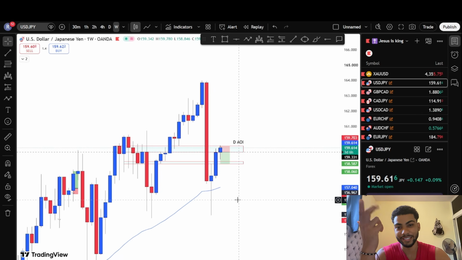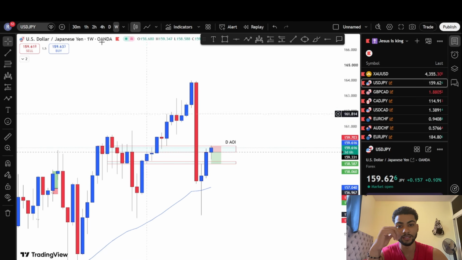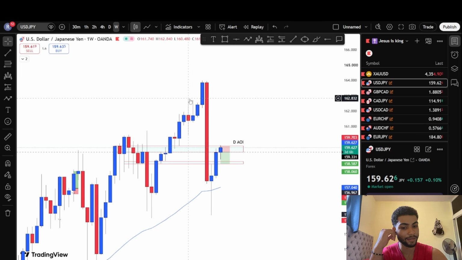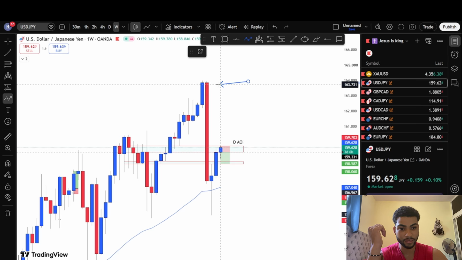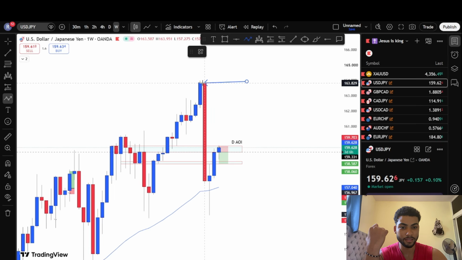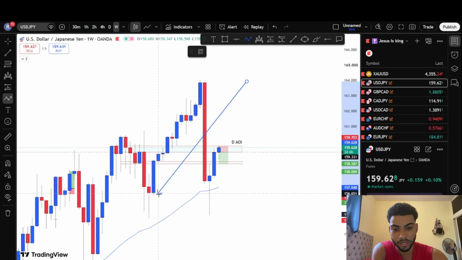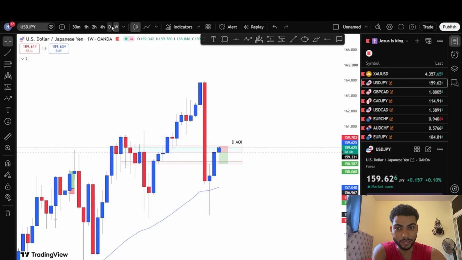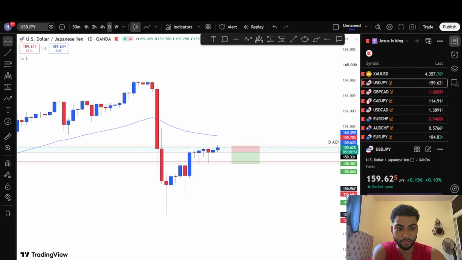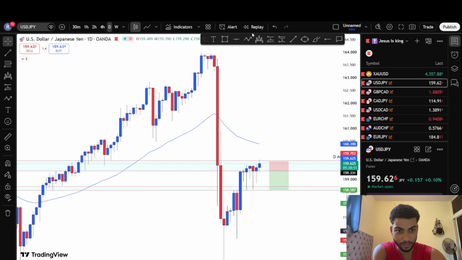But I use the weekly, the daily, and then the 4-hour to identify the trend. And the way that I do it is I analyze the structure on the weekly time frame, and I see that this weekly time frame is bullish. This is the higher high, and this is the higher low. I wouldn't really count this as the higher low because there is no clear elbow, there is no structure right here. So I have the weekly time frame bullish, the daily time frame is bearish because we see that in